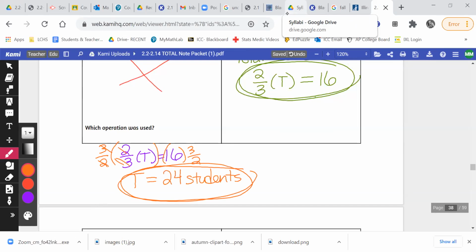Last thing is to check and see if it is reasonable. If 16 is 2/3 of the class, is it reasonable that the total